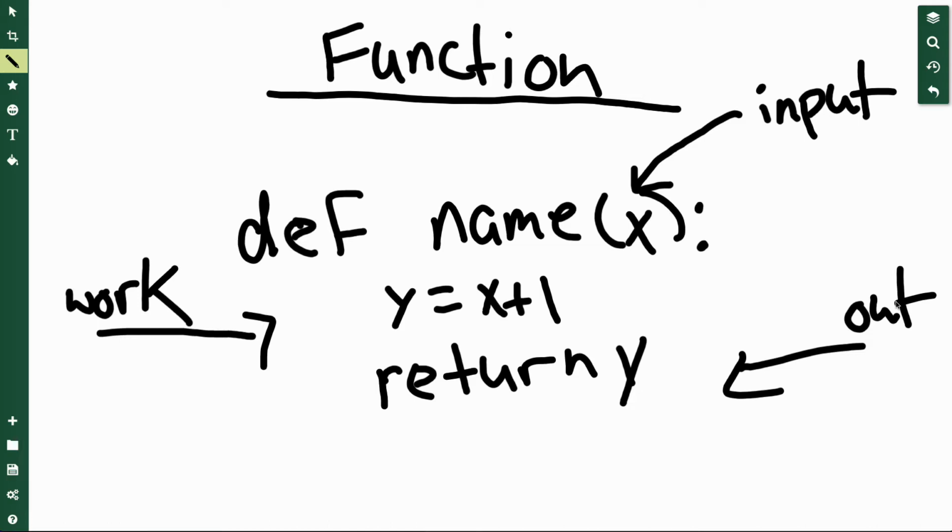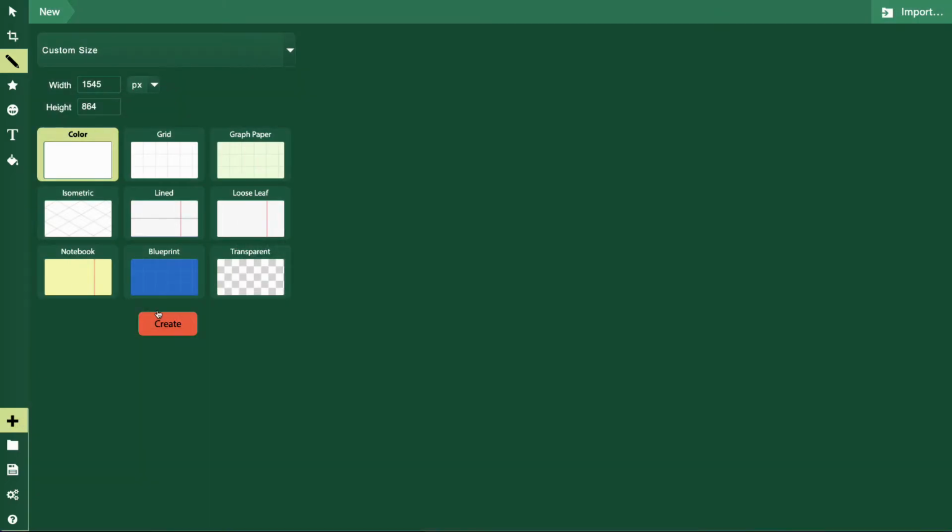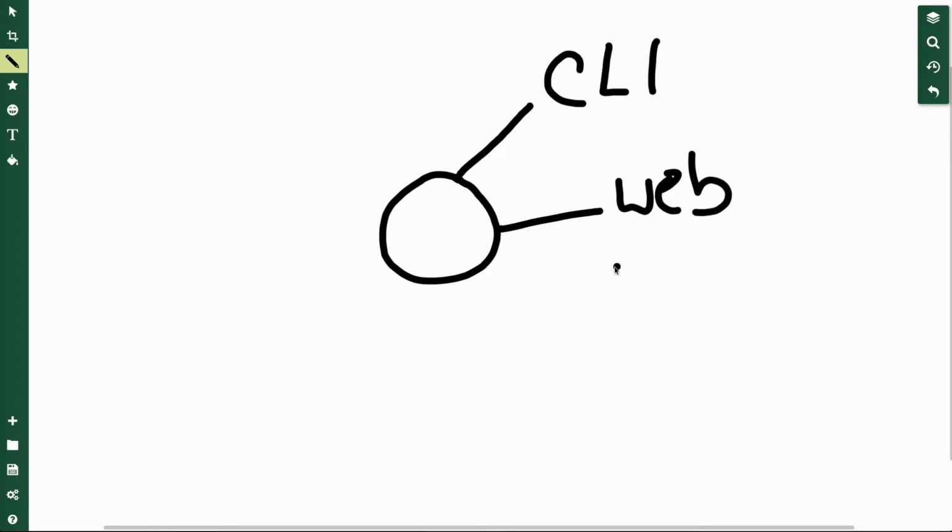Now, let's talk a little bit about some of the things that we can build before I get more involved with functions here. Let's talk about some of the things that you can do with a Python function. We know that it's got that pattern: input, work, output. So what can you build? Well, you can build a command line tool, and we'll build that today very simply by using that pattern. You can also build a web microservice very easily by using that same pattern. And so we can call this Python functions.